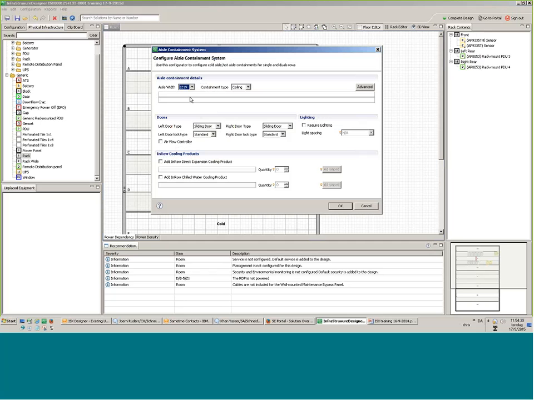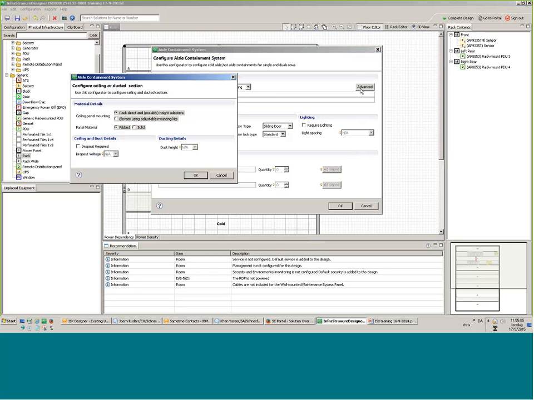If I select 1219, the doors can be pushed down to 1200, but the ceiling is 2 centimeters too long and needs to be cut on site. So be aware, you need extra time and some tools. It is not very difficult, but you need time. I have 2 possibilities. I can do ceiling or ducted. I can also advance. I can rack direct,